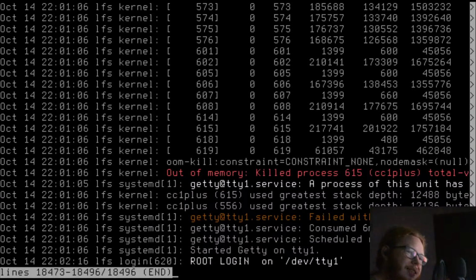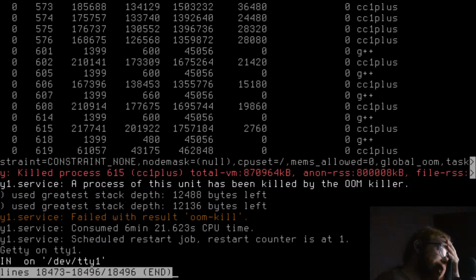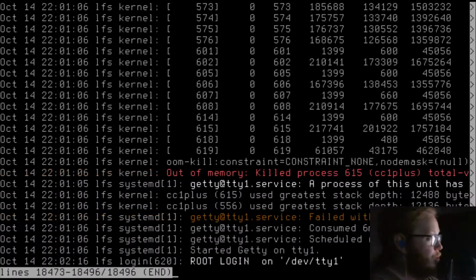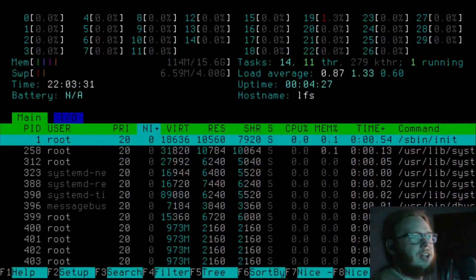But it's disabled. The whole point of Linux is you say something, it's supposed to do it. And somehow it managed to use 6 minutes of CPU time in 4 minutes of uptime.